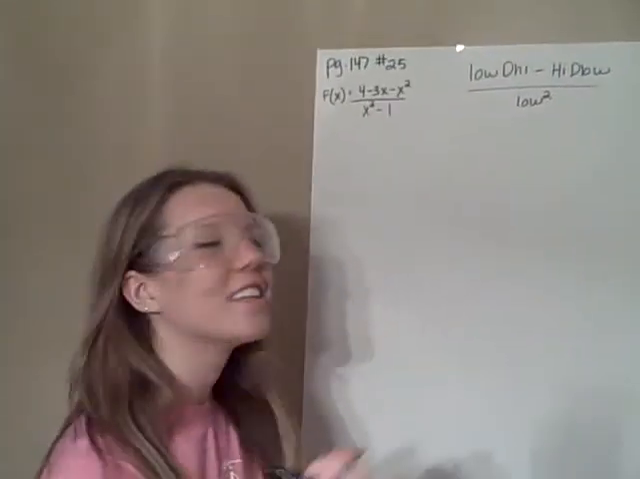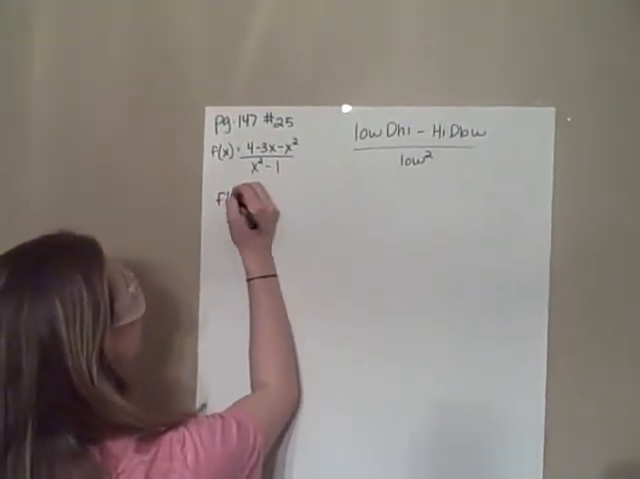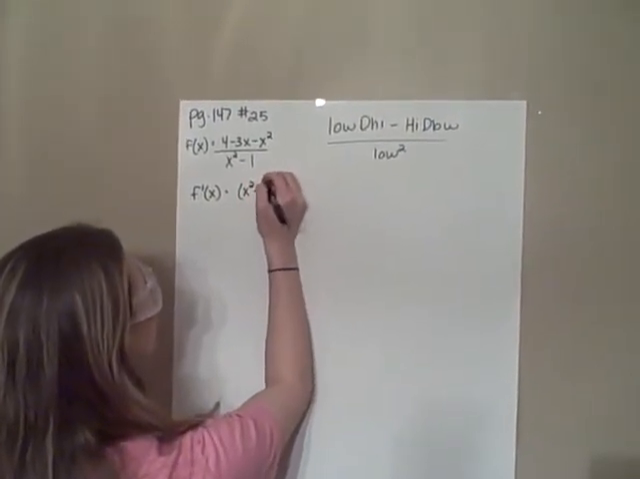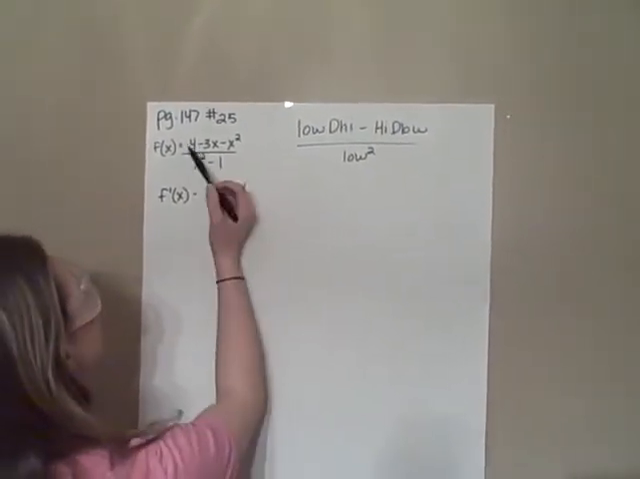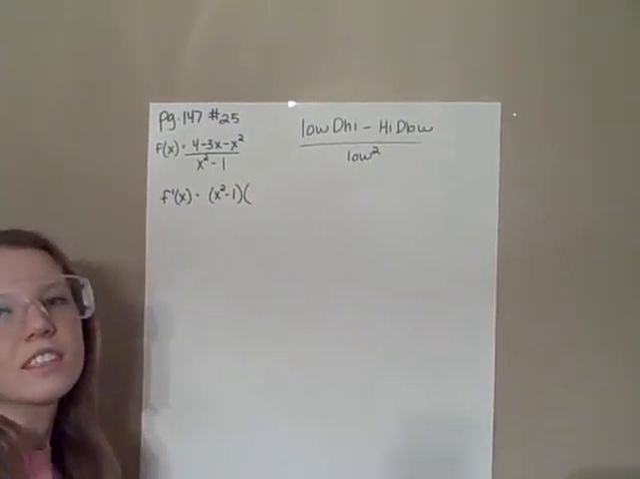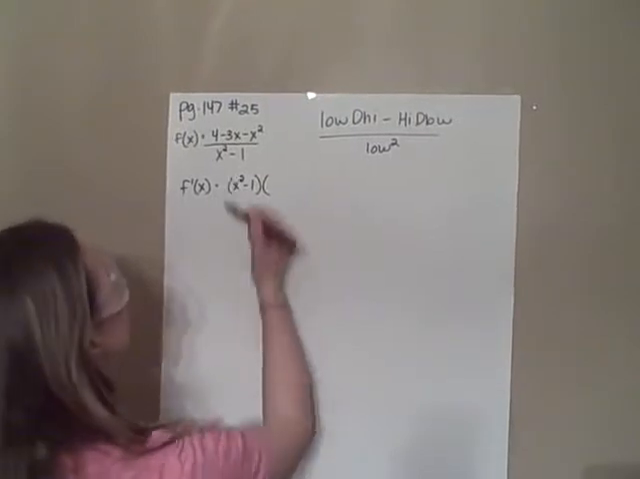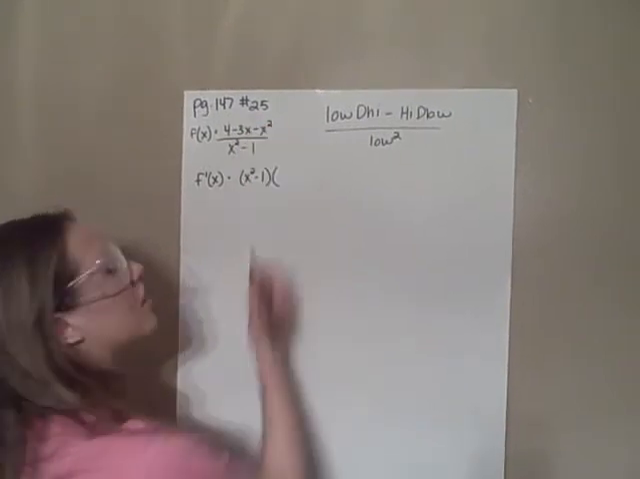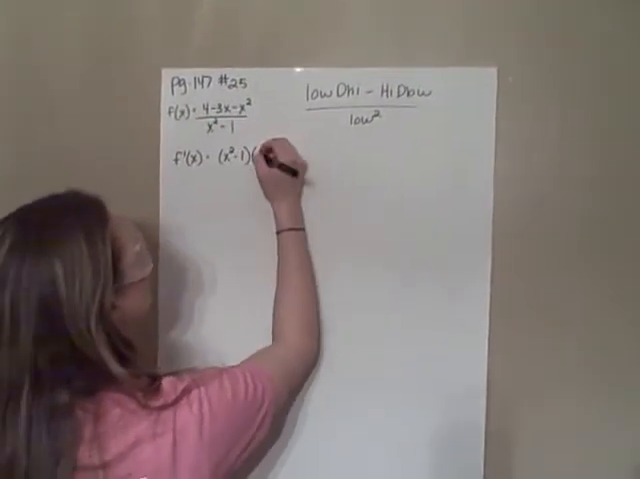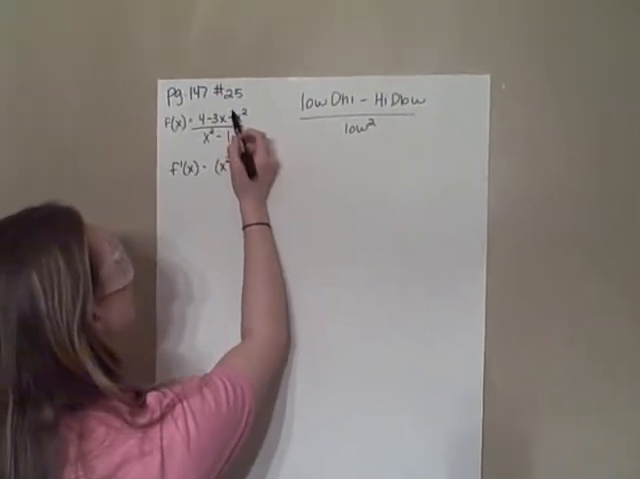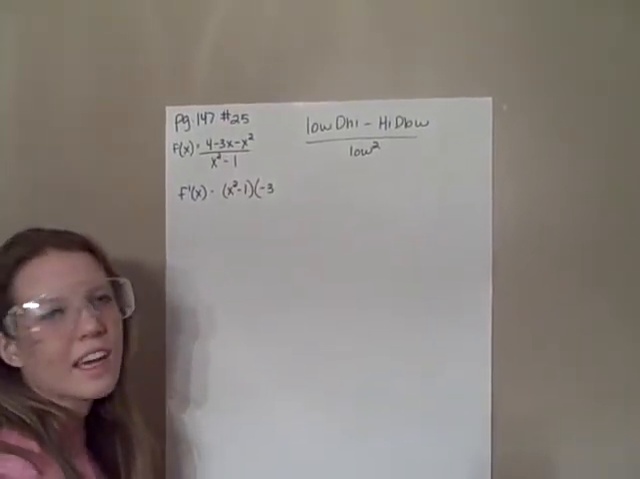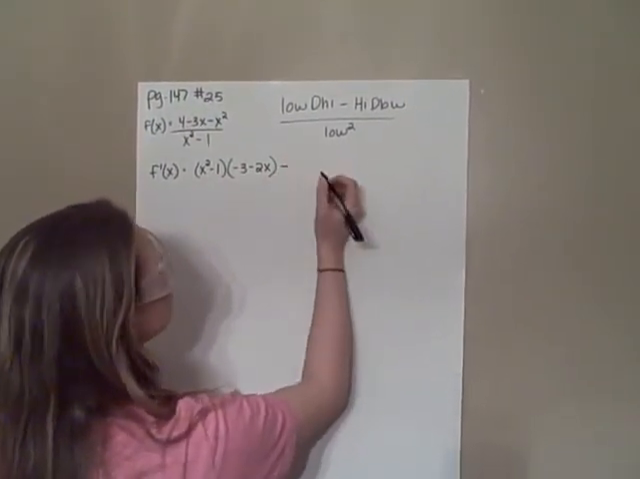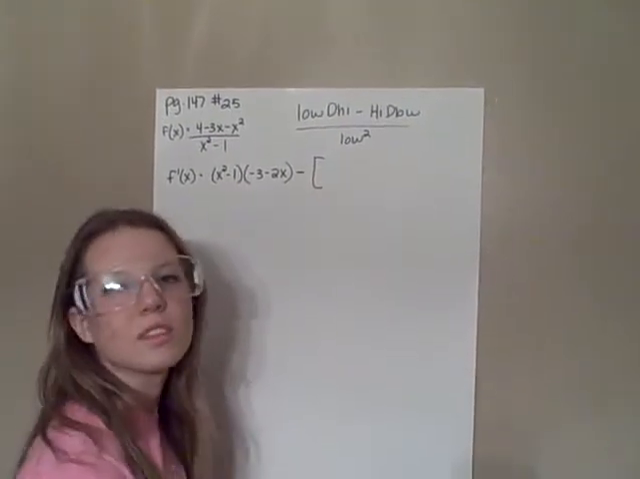So we're going to start by taking the derivative. So f prime of x is equal to the low term, which is x squared minus 1, times the derivative of the high. The derivative of any number that is a constant is always 0, so we're not going to write 0. And the derivative of negative 3x: this x has an invisible exponent of 1, so 1 times negative 3 is negative 3, and 1 minus 1 is 0, so we're not going to rewrite the x, minus 2x,